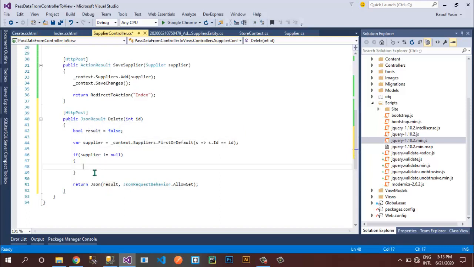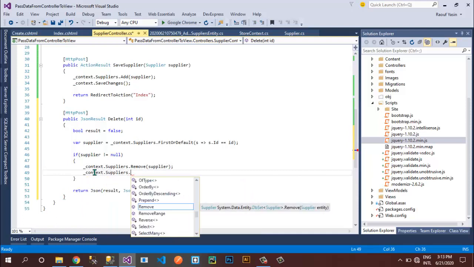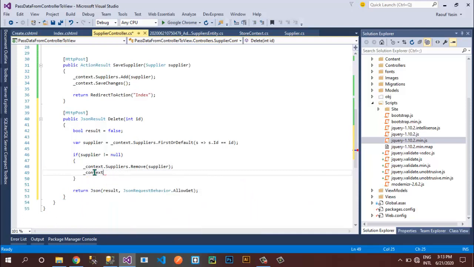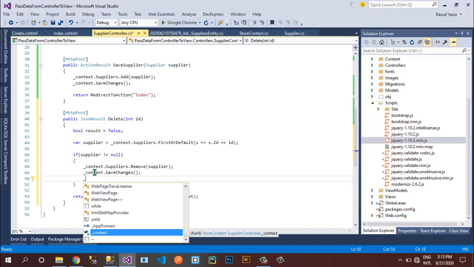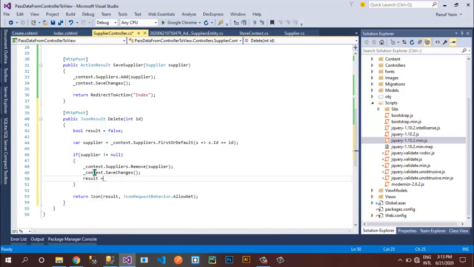Okay, and if our supplier exists in our database, I'll simply call context dot suppliers dot remove, and then I can pass supplier over here. Then I can call context dot save changes, and I can override result variable to true.